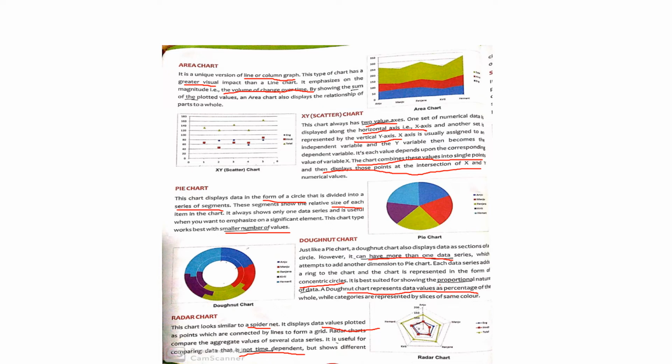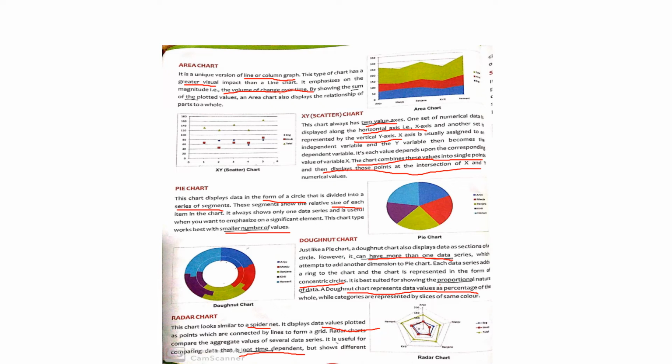In the same manner, we can compare: the slices of greater size represent the data of the student who has got the highest marks. In this, we can see the slice size of this green color is large as compared to the other slices, which means we can say that Ranjana has got the highest marks in the class. The next smaller one we can see is the sky blue color, and then the least marks is this purple color. So according to the size of the slices we can judge who has scored better marks.